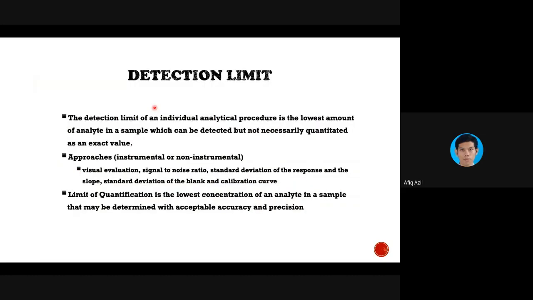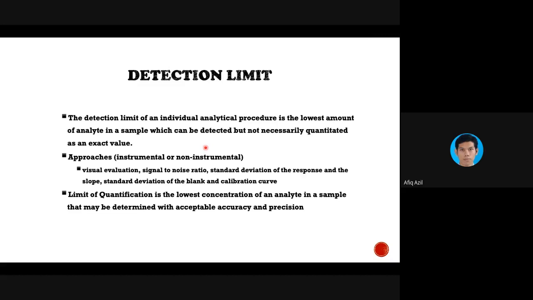And then this one is the second last, which is detection limit. You need to know the lowest amount of analyte your sample can detect. So you have to make the sample more dilute. Let's say from 100 mg, you test at 10 mg, for example. Can it still be detected?